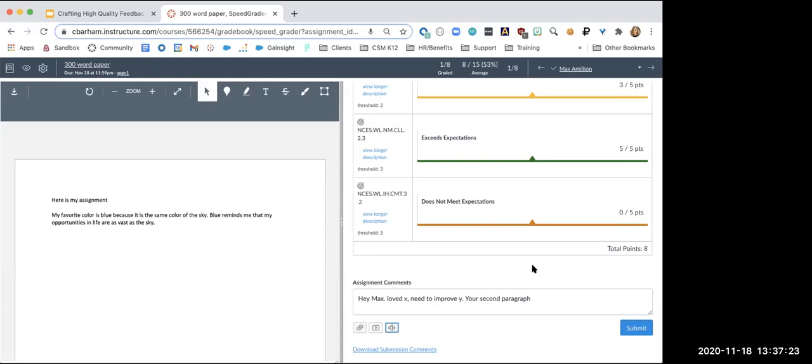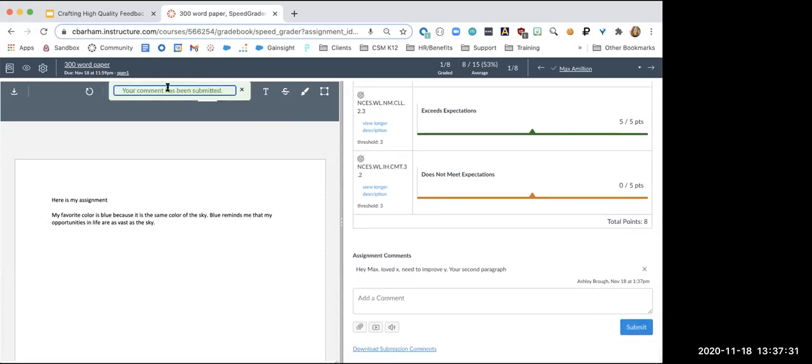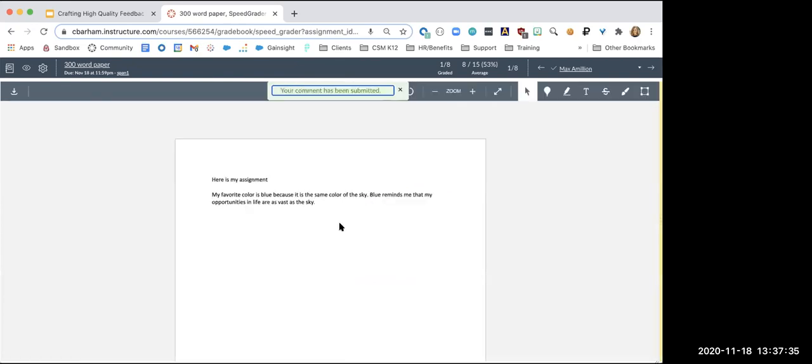You know, they can provide those submission comments. You can go in and see all of their comments there. And then again, you can submit your comments, and you can say your comment has been submitted. And now kind of the fun part that I really like is if we click over here, we can actually,